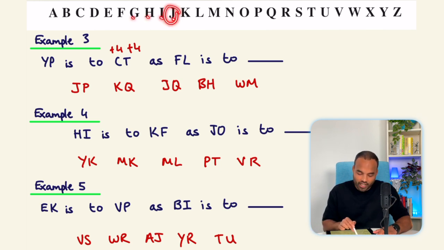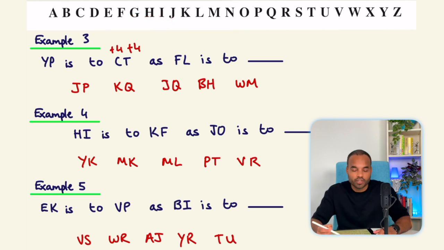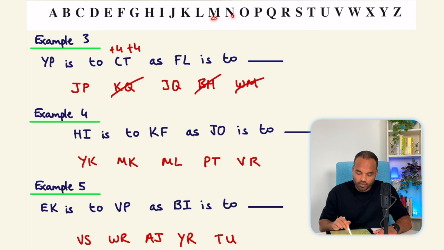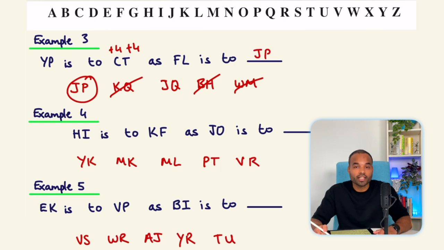We land at J. Now again, because this is a multiple choice question, any answers that don't begin with J you can rule out. So I can rule that out, I can rule that out, and I can rule that out. We're now left with 2, JP and JQ. Remember, for L, we also have to go 4 places forward. So 1, 2, 3, 4. And so our answer should be JP. For the next question,